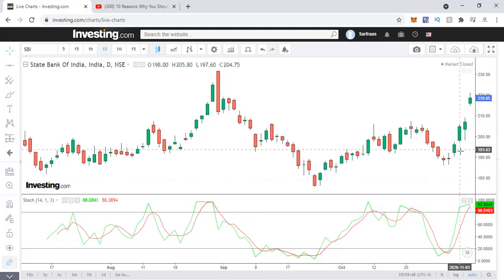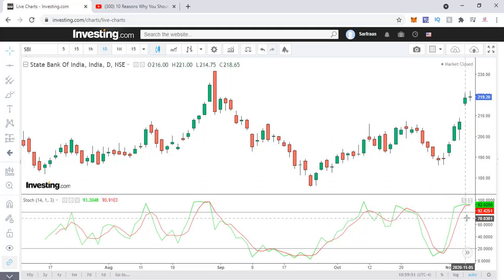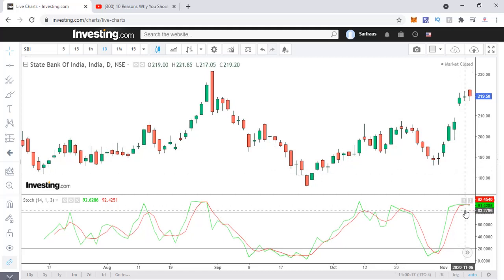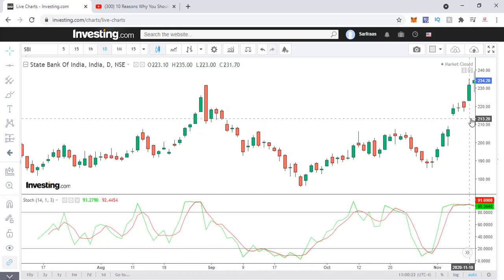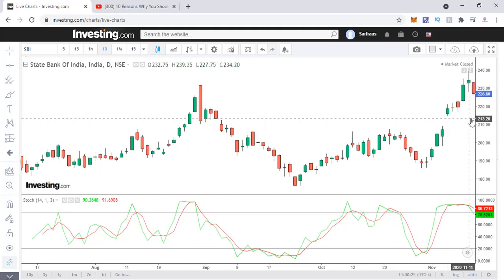So here it's crossing over. We see a spinning top, indecision. As I told you, the market can remain in the bullish zone, the overbought or oversold zone, for a longer period of time. This is a sort of doji over here, a spinning top. Basically, you can see the body is small, so it's indecisive, like people are booking profits as well, and a lot of people are entering over here, so you can see it's flat. It's followed by a red candle over here.